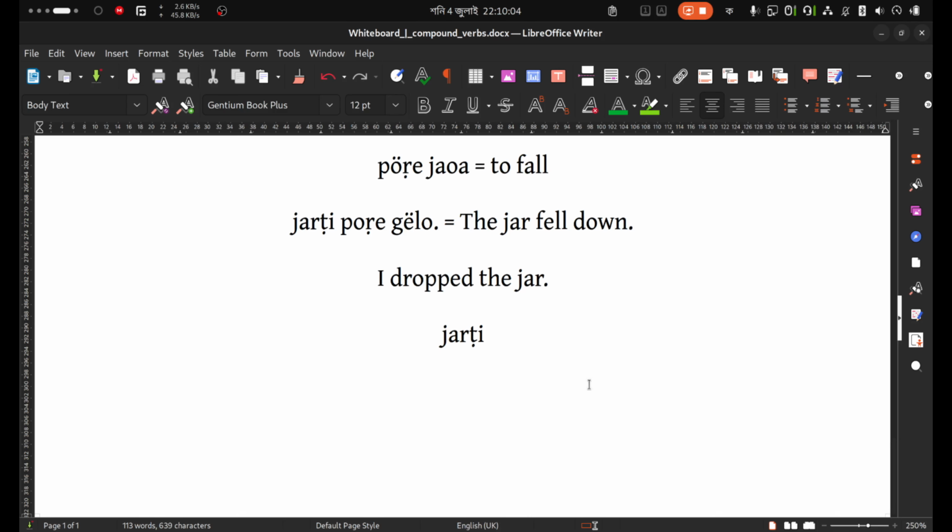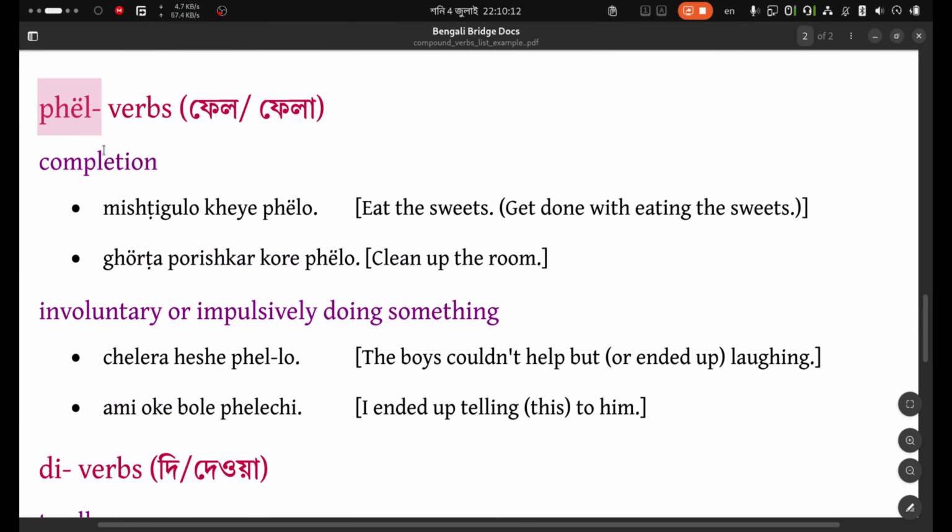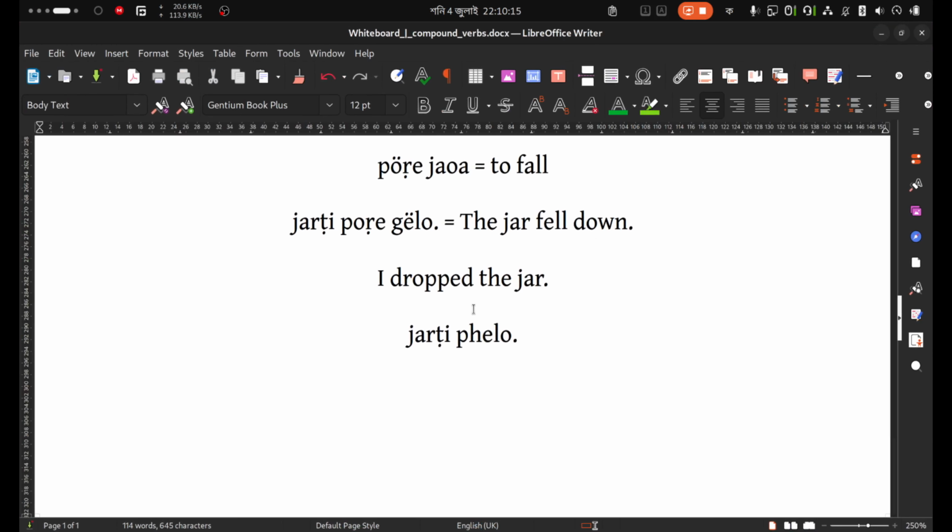Dropped will not work actually, since the finite verb we are using is fela, and the non-finite verb we are trying to use is also fela, so it won't work here. So I will use another verb. I broke the jar. I broke the jar. This one would sound better. জারটি ভেঙে ফেলেছি। জারটি ভেঙে ফেলেছি।